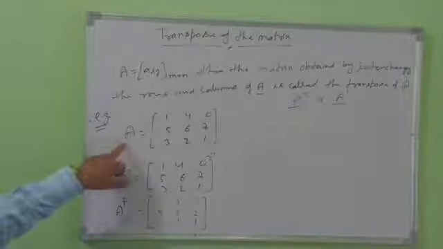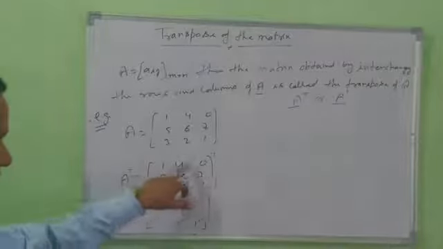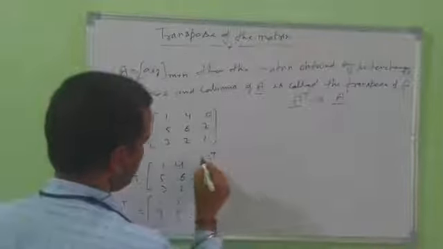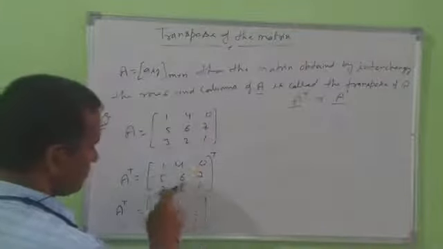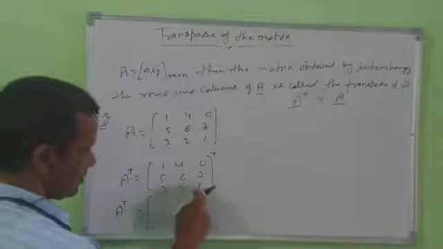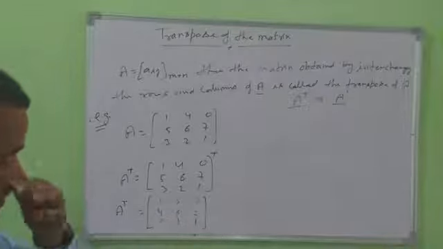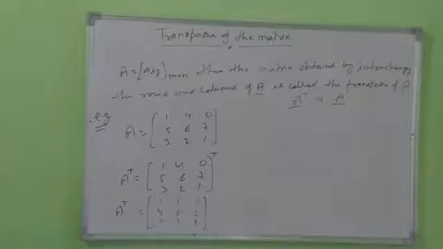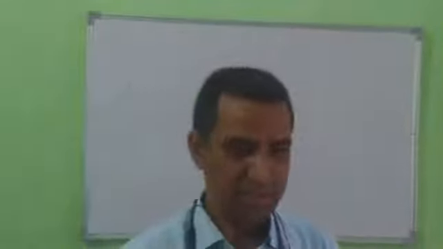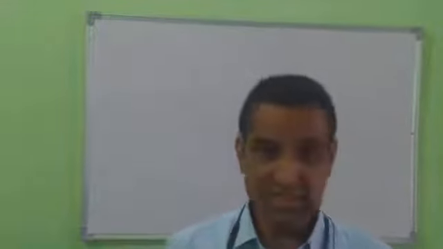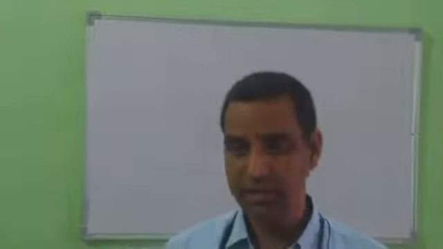This matrix is given and you are transposing the matrix, meaning interchanging row and column. First row converts to first column, second row converts to second column, third row converts to third column. Then you can say this is the transpose of the matrix. Yes, note it down, then next. Yes, students, do you understand what is the transpose of the matrix? Then after that we will discuss the properties of the transpose of the matrix.